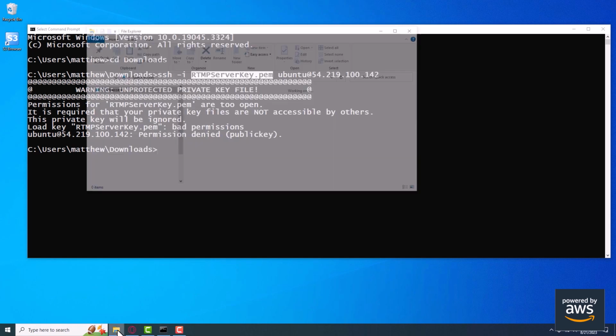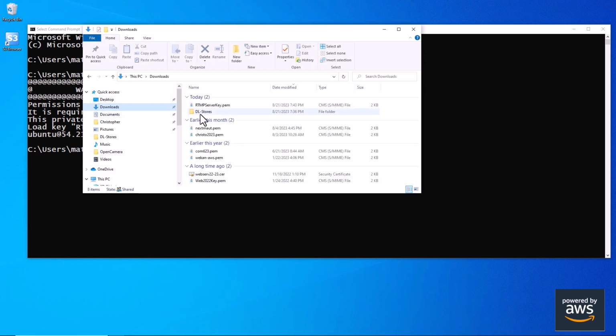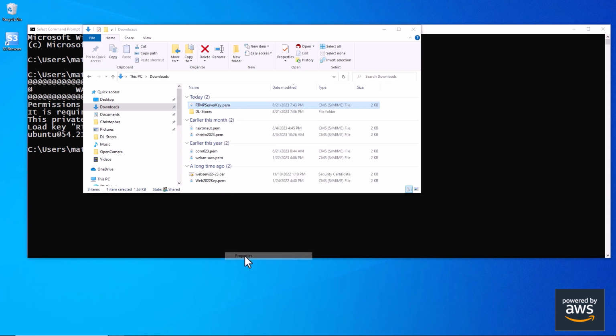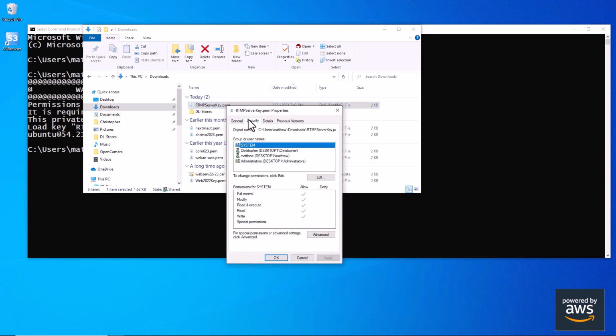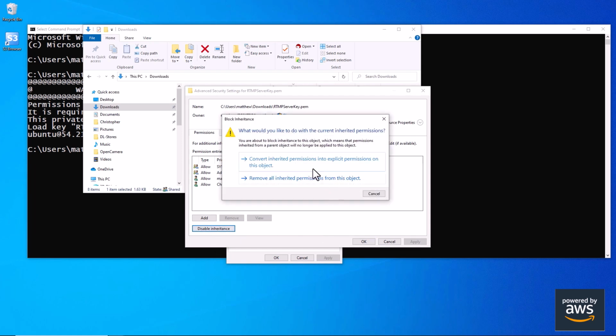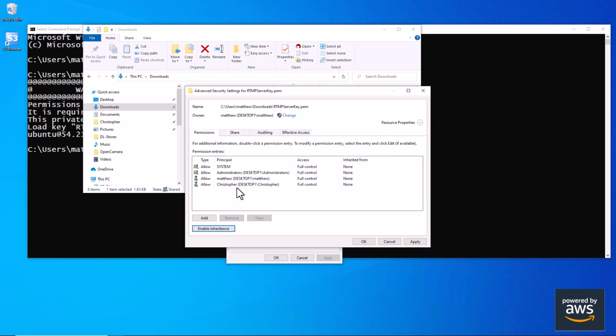We go over to the Explorer, we locate the key, we right-click it, we go for Properties, we go to Security, then down to Advanced. Right here, we're going to disable inheritance first. So choose the one above, not the remove all. Convert inherited permissions. All right, and then there's an extra user that's not me on this particular file, so we remove that. We'll press Apply, hit OK,